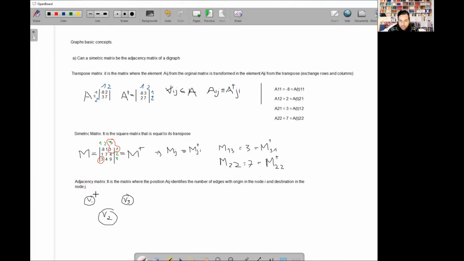They ask about a directed graph, a digraph. So we need to put arrows, right? The links. Okay, and let's call it D. So if we calculate the adjacency matrix of D,